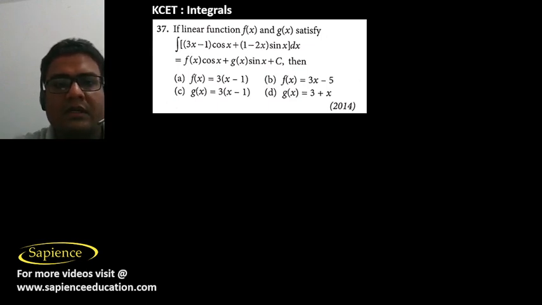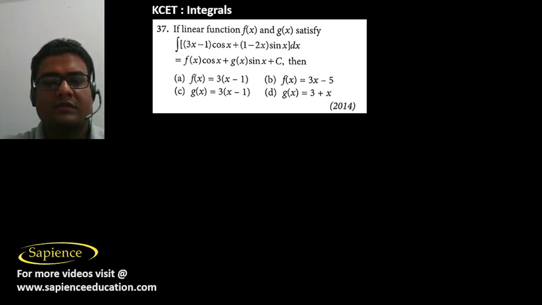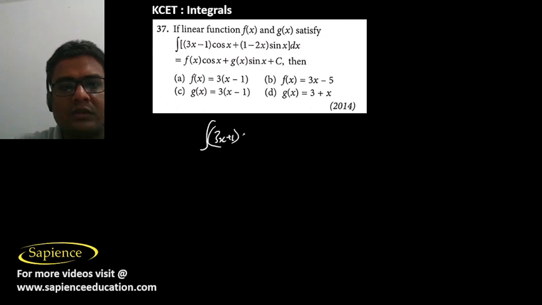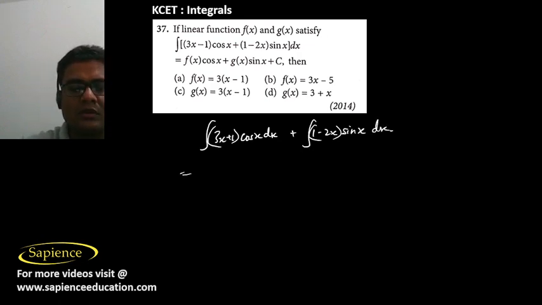Then in question number 37, it is told: if the linear functions f of x and g of x satisfy this, then f of x is how much? The integral of (3x plus 1) cos x dx plus the integral of (1 minus 2x) sin x dx equals